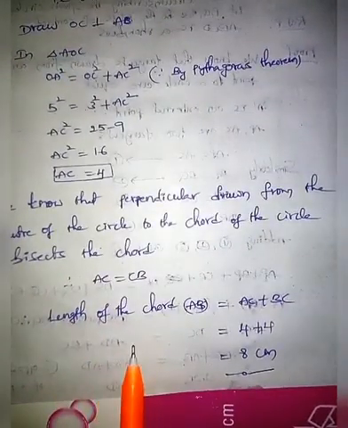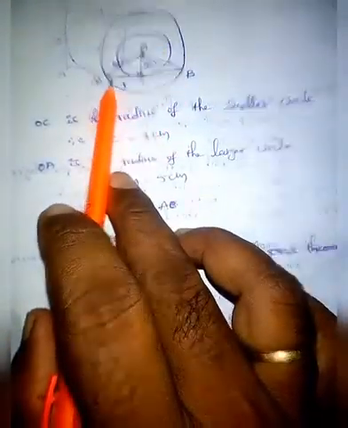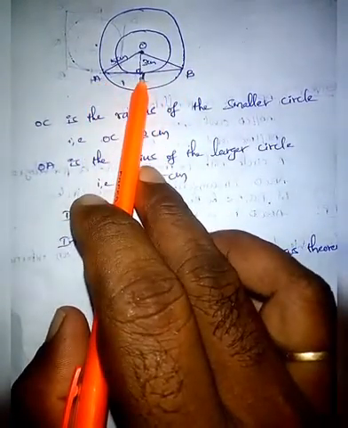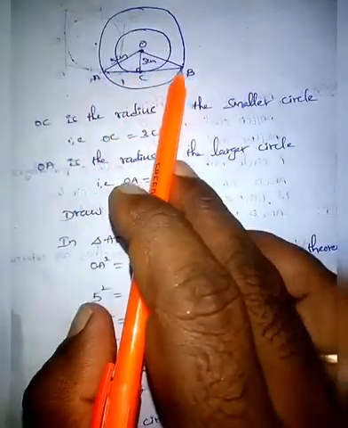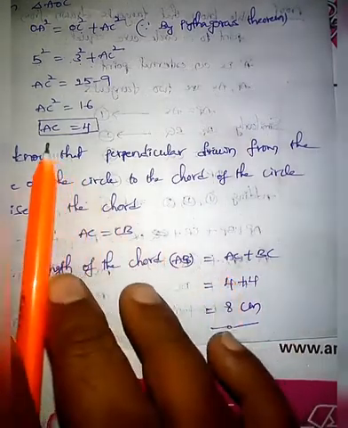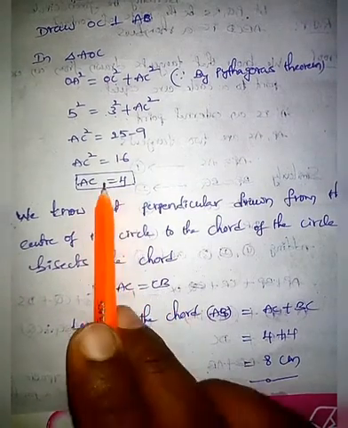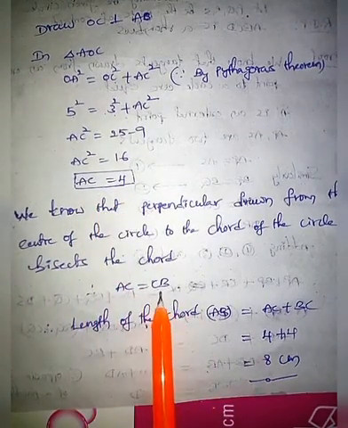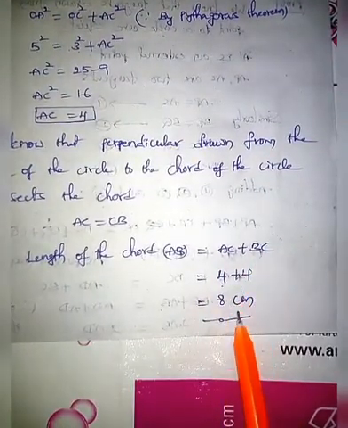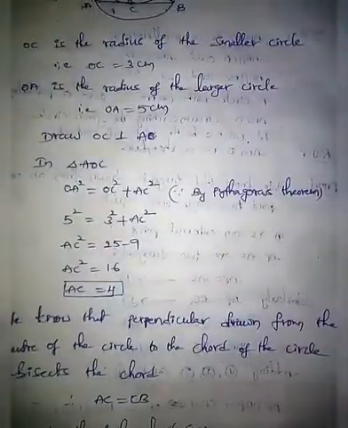But we are going to find the length of the chord. So what is the chord here? AB. From this figure we can easily identify that AB is divided into two parts. They are AC and BC. If you join these two lines, it gives AB. Therefore length of the chord AB equals AC plus BC. But we found that AC equals 4 and we found that AC equals BC. That's why AC and BC, these two values are equal to 4 centimeters. AC is 4, similarly BC equals 4. 4 plus 4, 8 centimeters. That's why the length of the chord AB here in the problem is 8 centimeters. Okay.